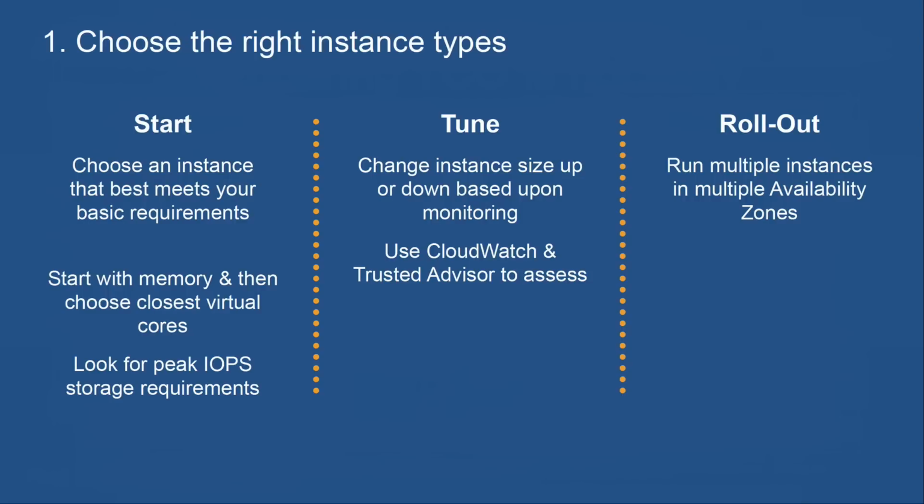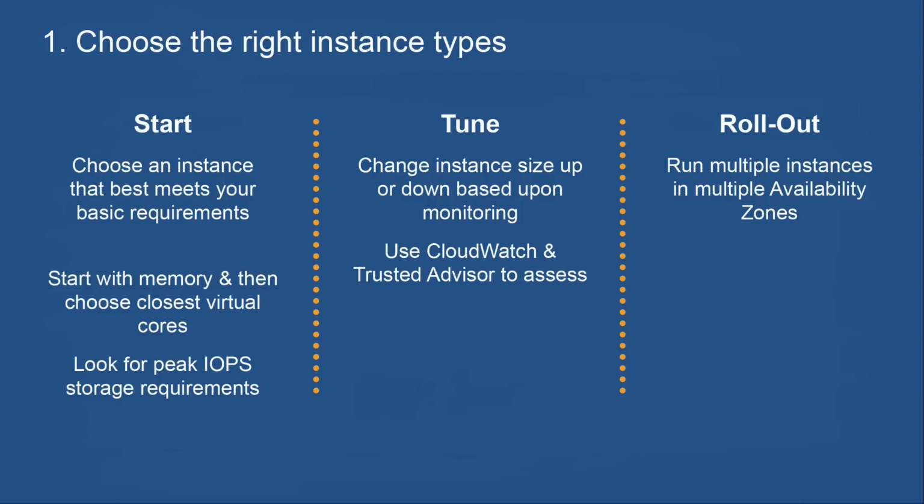Once you've done that tuning exercise, then it's the right time to roll out your application and to run the multiple instances that you need to ensure that you've got the right availability strategy for your application, and that's blended with those correct instance types that you've selected. And this isn't just a one-off exercise. You need to stay current and stay aware of new AWS instance types that could potentially offer you better price performance characteristics. And just a couple of examples of that.